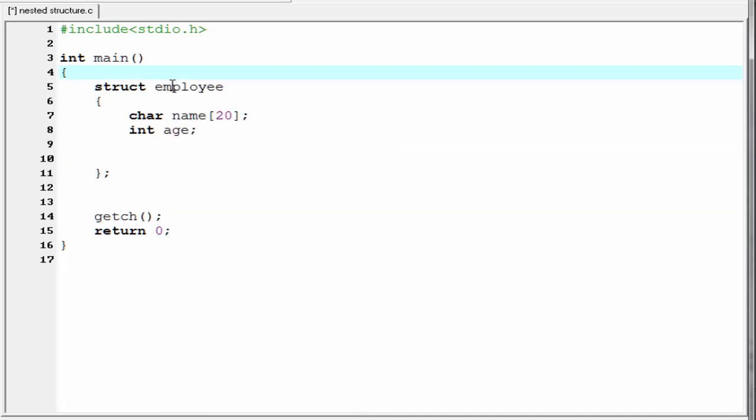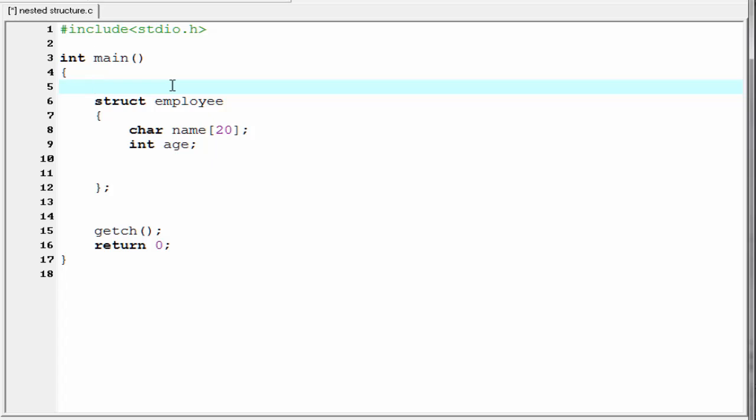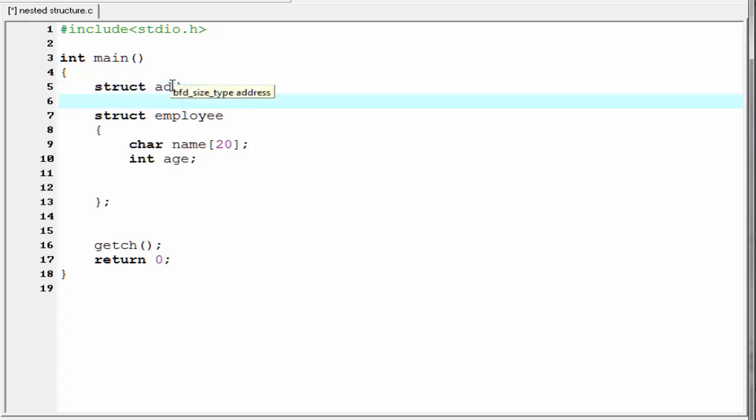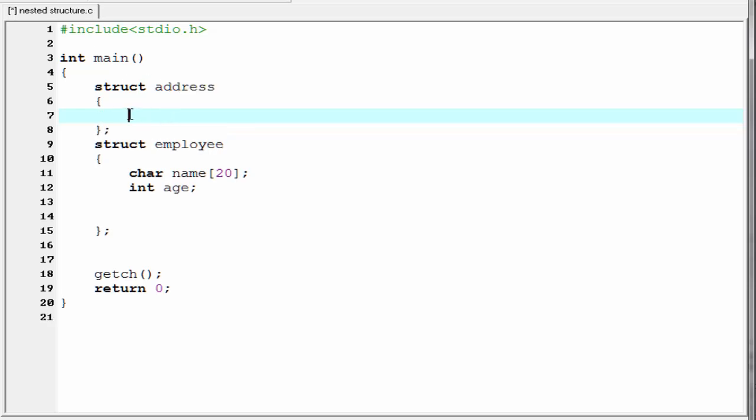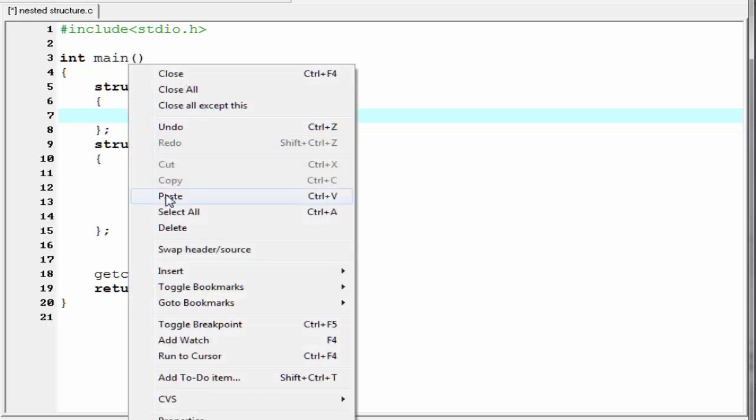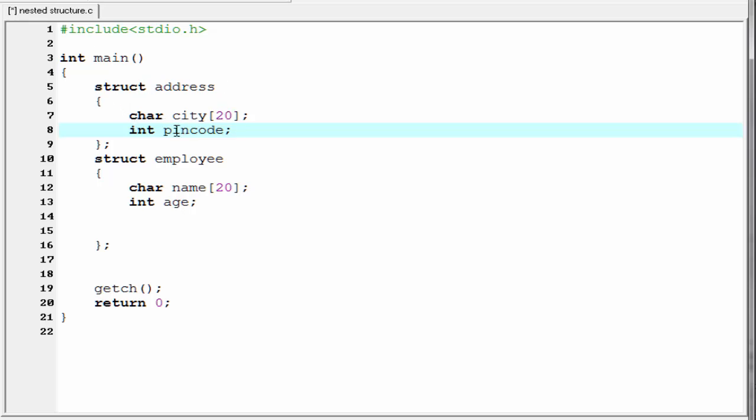and here I am going to create another structure, struct address, a pair of curly braces and then a semicolon. Now I am going to paste here the attributes. So the structure address contains two attributes, char city and int pin code.